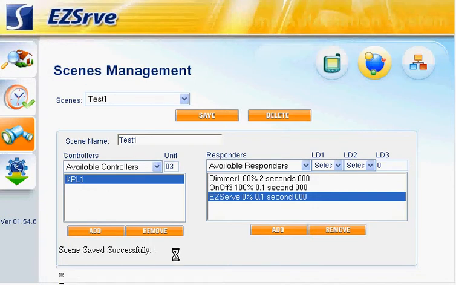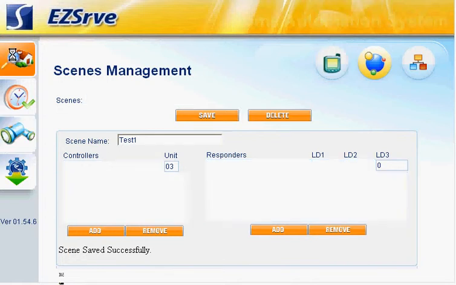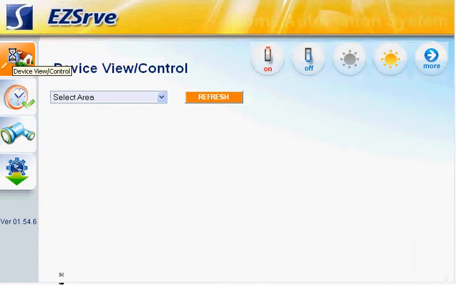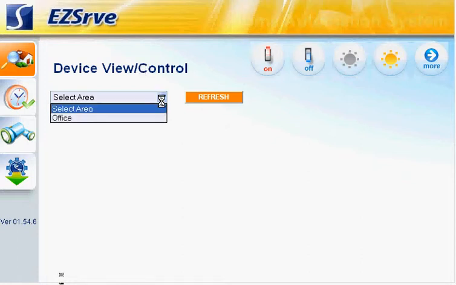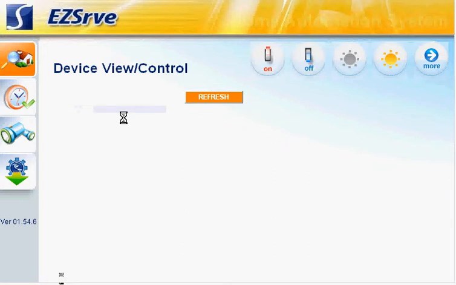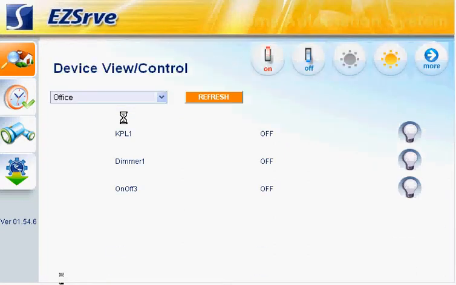To monitor your scene, you can go to the Devices management button up at the top. As long as the responders that you have in your scene are in an area, you can monitor them. Responders in test 1, the scene test 1, happen to be in the office area. Now when I press Unit 3 on the KPL1,